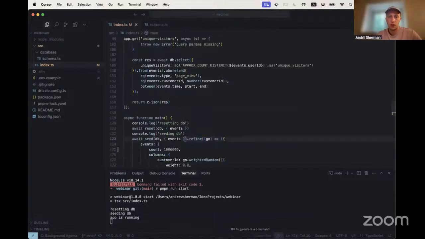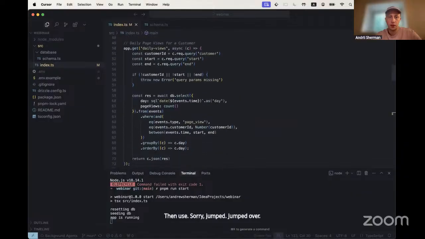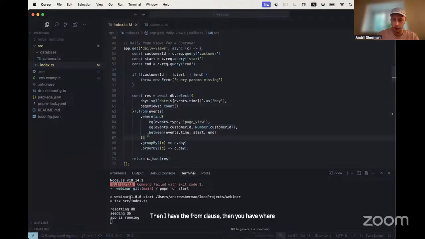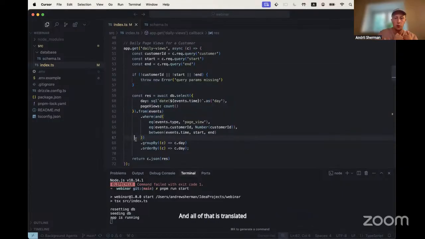Sorry, it jumped over. Yeah. And this is how we will define. So like in SQL, you have a select where you define what you want to aggregate to get. Then you have the from clause, then you have the where clause, explaining everything. Then you have a group by, order by, and all of that is translated to one SQL query that will get your data back.